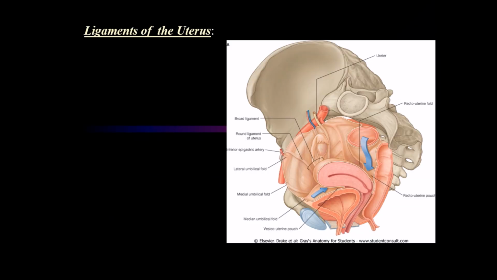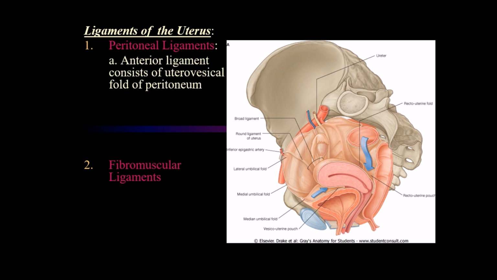Coming to the ligaments of the uterus, there are important ligaments which will be holding the uterus in its position. So there are two types of ligaments. One is the peritoneal ligaments as well as the fibromuscular ligaments. The peritoneal ligaments are very thin ligaments. These are nothing but the folds of the